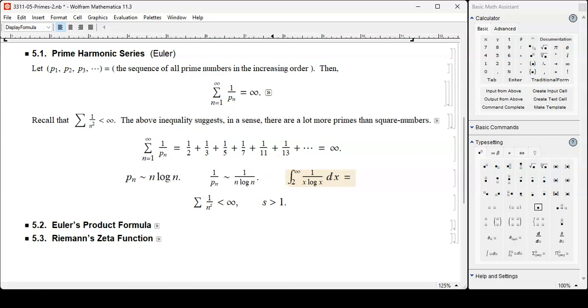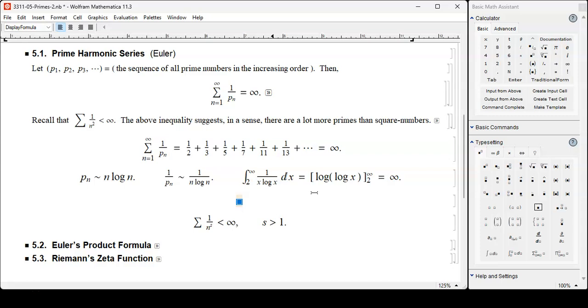And then, do you remember this antiderivative? So we have log of log of infinity minus log of log of 2, something like that. So in any case, it's infinity. Thanks to this integral test, you can prove that the series with 1 over n log of n is